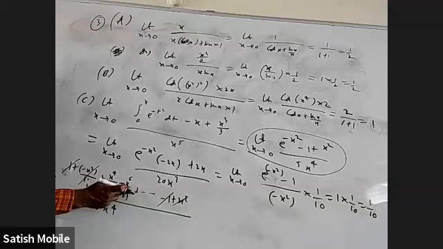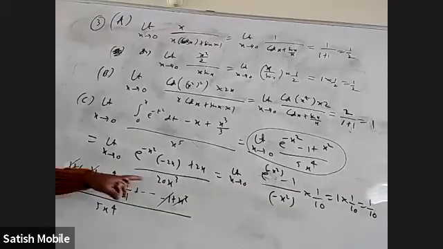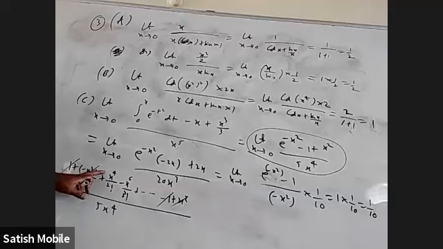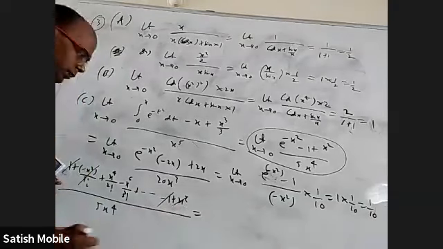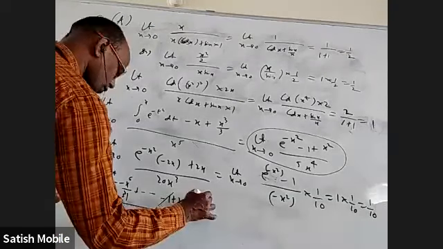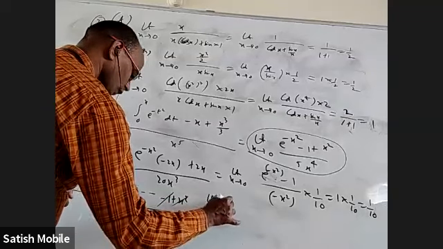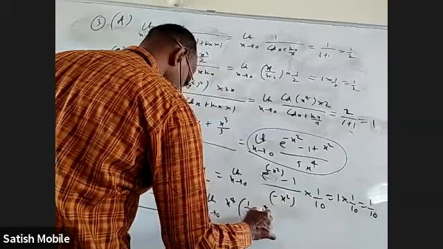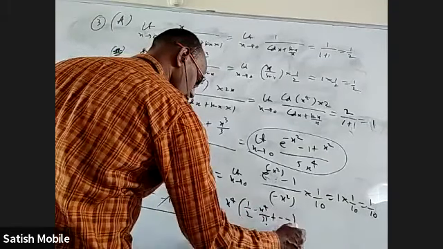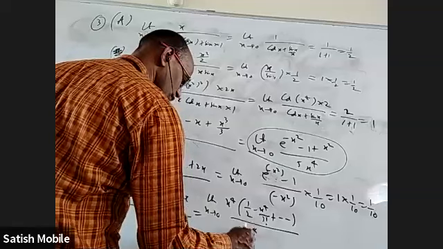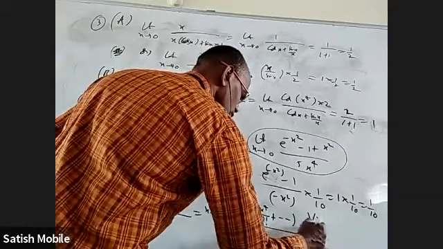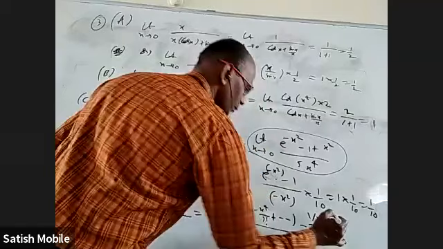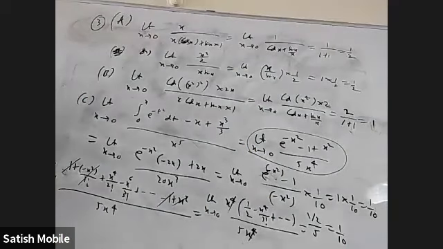Others will have x square here, x power 4 here, and so on, after taking x power 4 common. So I'll get 1 by 2, all others are 0. Forget about it. 1 by 2 by 5, which is 1 by 10. So you can write, if you want, limit x tends to 0, x power 4 common, 1 by 2 minus x power 4 by 3 factorial and so on, by 5x power 4, cancel. You will get 1 by 2 by 5, which is 1 by 10. You can do it either way.